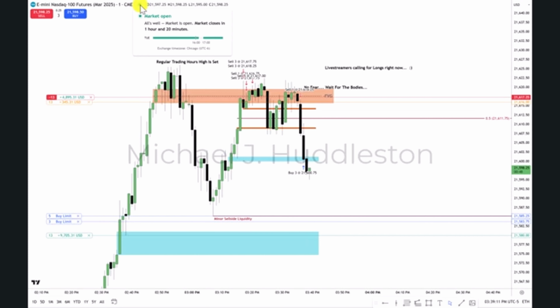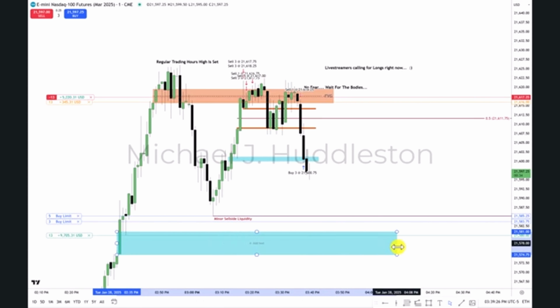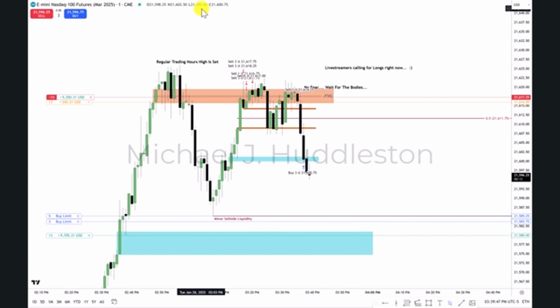Okay, we're going to go up into that volume imbalance. Worst case scenario, it tags the midpoint of the two orange lines that I drew. Let me drag this out here a little bit more and get it set on 4 o'clock. And come on. There you go. So any retracement in here will fulfill the sell side imbalance, buy side inefficiency, and the volume imbalance 2 candles back, and worst case scenario, it can trade back up to the midpoint that's highlighted